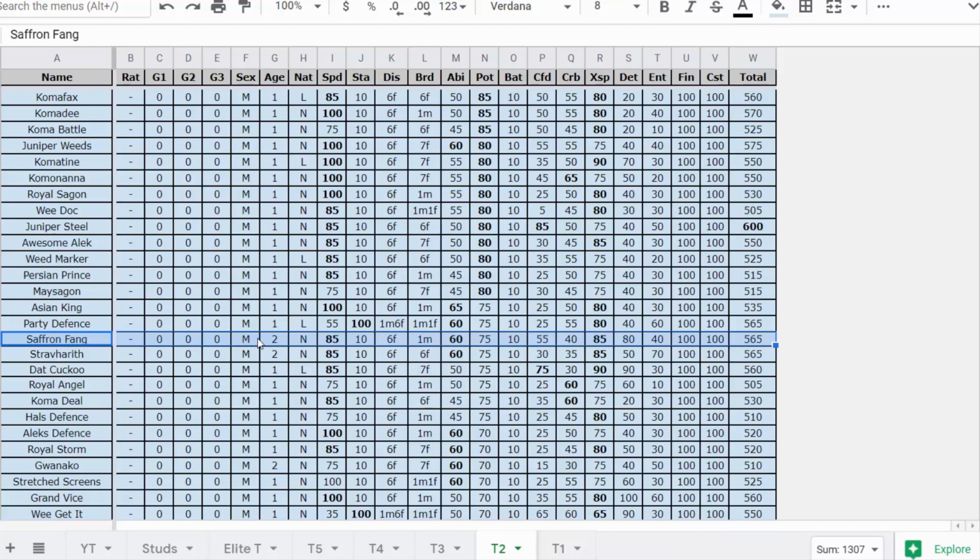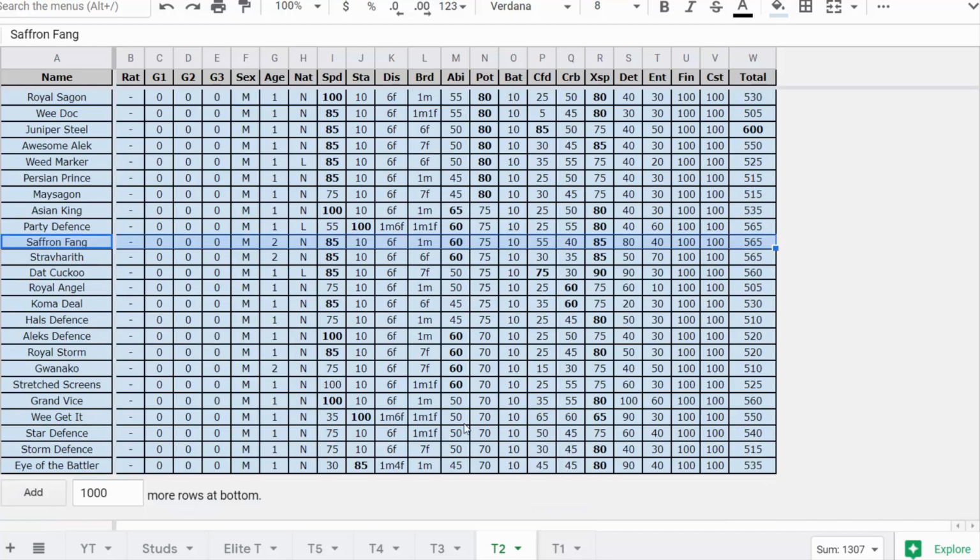But as a 3-year-old, when I needed them to peak, they peaked. So it's going to take me some time to figure out what my actual standards are going to be. Probably bump up from 50-70 to 55-75, let's say. Probably going to bump Cruising Burst and Enthusiasm up to